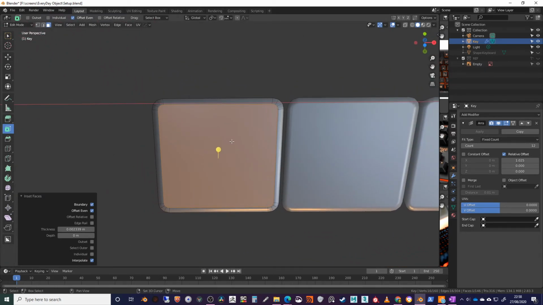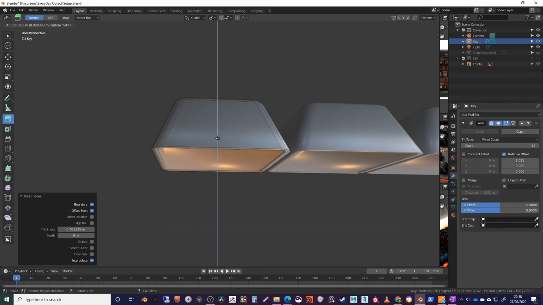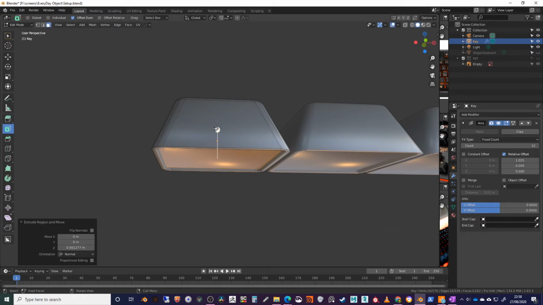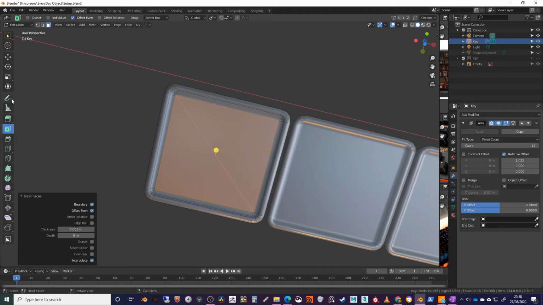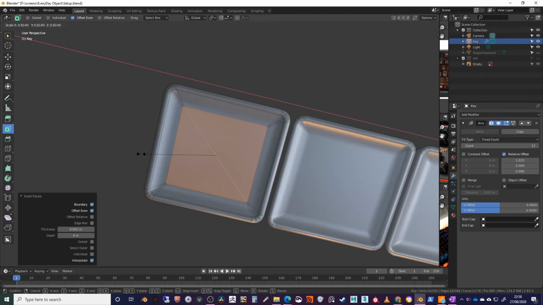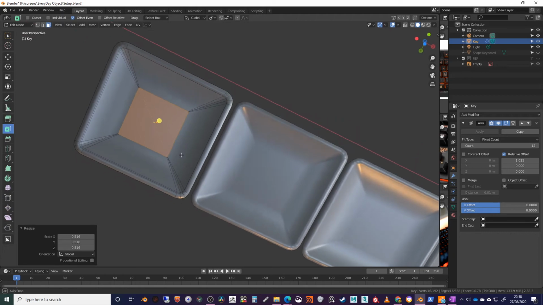I'm going to use an add-on. So you want to install the extra curves menus. So we'll just inset that. And I'm going to select those edges and convert them to a circle. Just scale them in first to the sort of right width. And then if I right mouse,